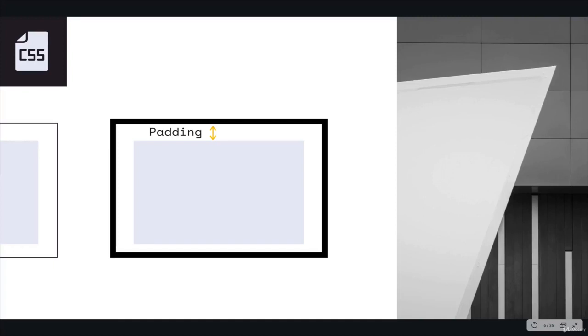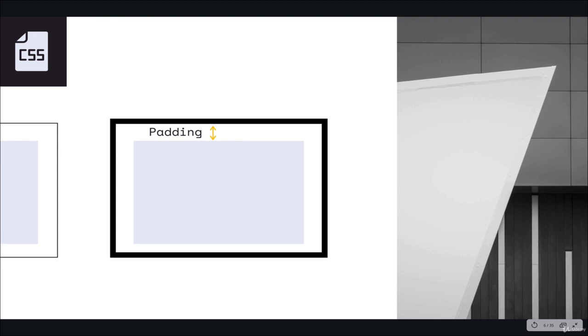So the next piece of the box model we need to cover is padding. Padding is the space between the content, the actual content box, and the border of an element. Think of padding in the real world. If you're shipping something that is fragile, you have the actual content, then you have your box that you're fitting it in, and then in between the two, there's some sort of padding, whether it's styrofoam or bubble wrap or